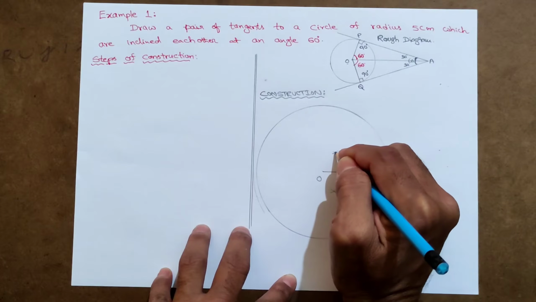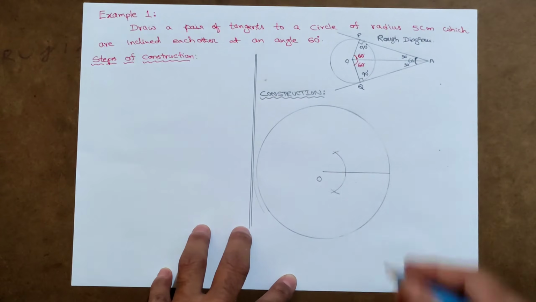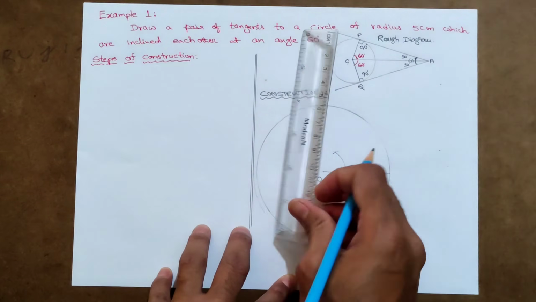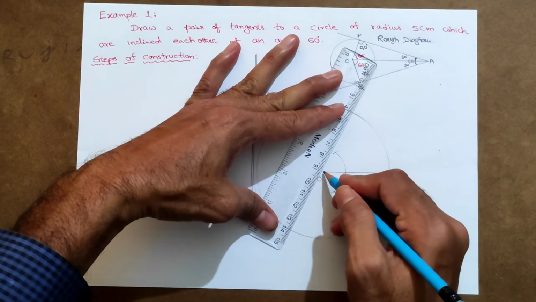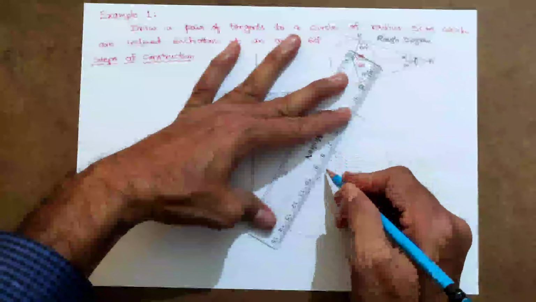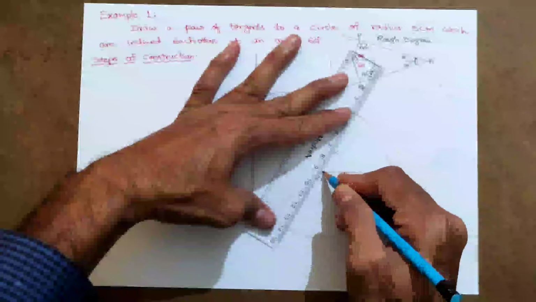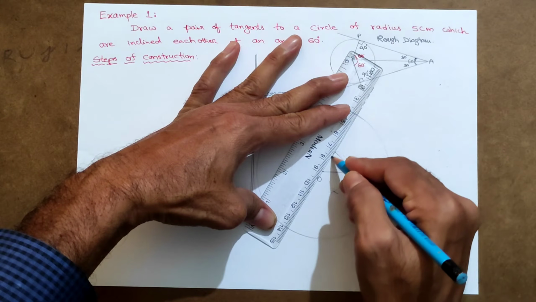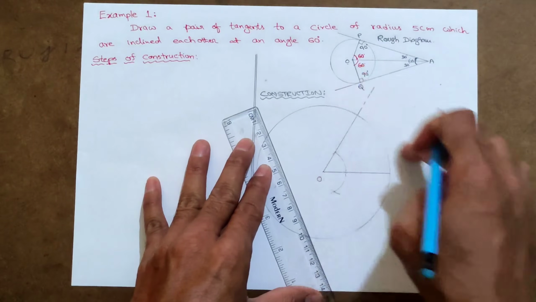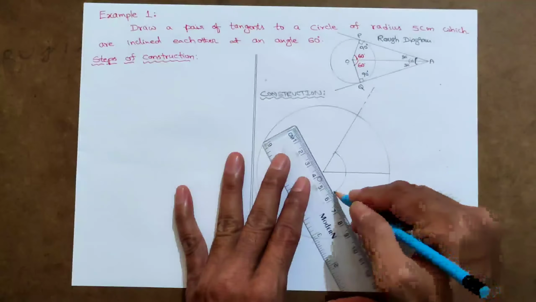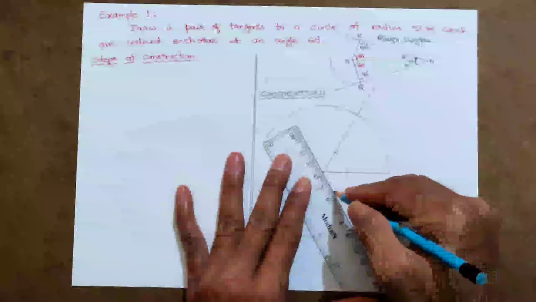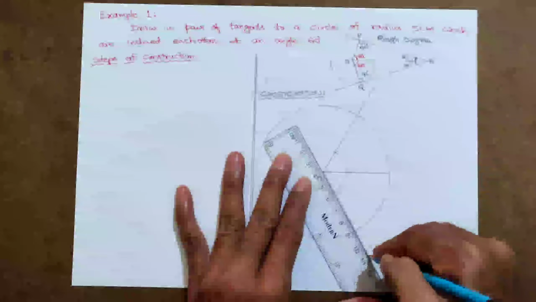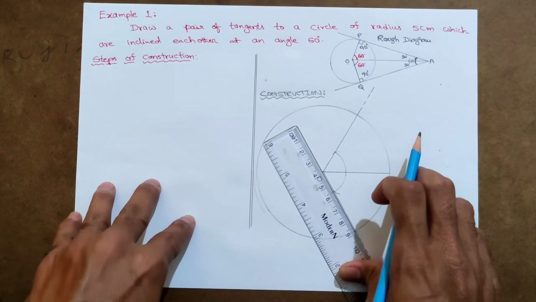Now we are going to join this point and this point. So here we need to understand that while joining you have to take enough care, because here it's to be extended a little bit. Yes, because from here we are going to draw the perpendicular line. Now the same thing we need to follow this side also. So till here you join it, and here a little bit of extension, because we are going to draw perpendicular lines.